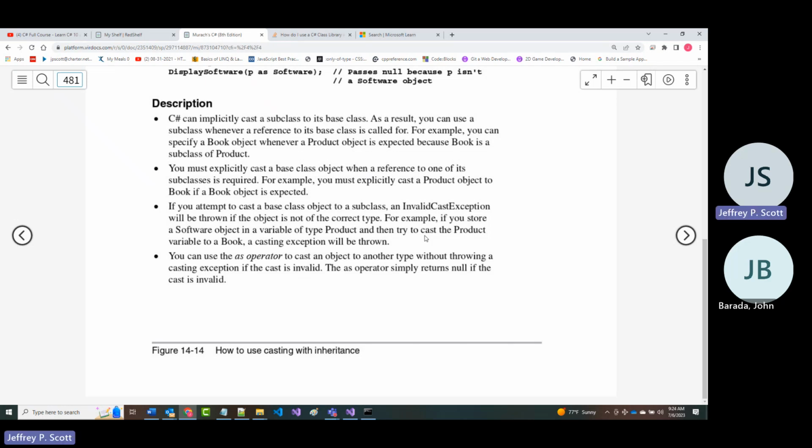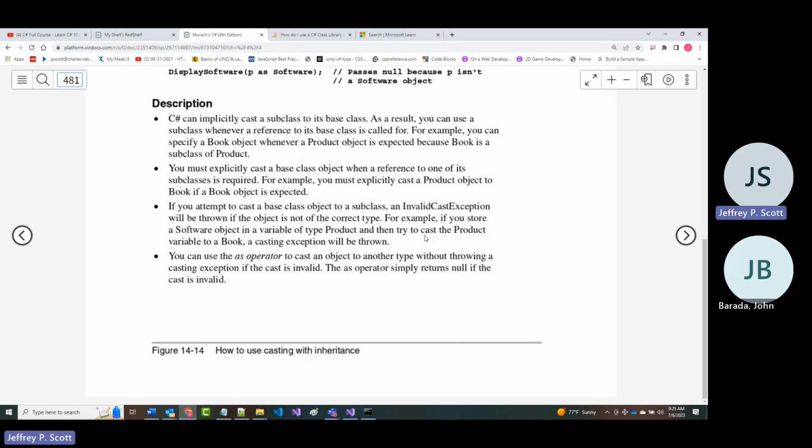Then the second bullet says you must explicitly cast a base class object when a reference to one of its subclasses is required. For example, you must explicitly cast a product object to a book if a book is expected. If you attempt to do a cast the system does not understand, an invalid cast exception will be thrown.